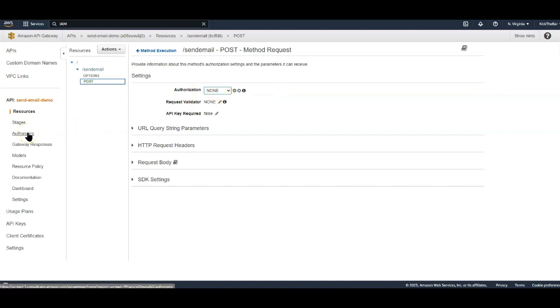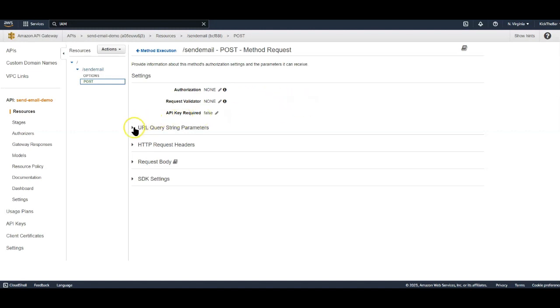That could either be a Lambda authorizer or Cognito-based authorizer, or an IAM authorizer, or you can specify an API key. That's another way you can secure your API